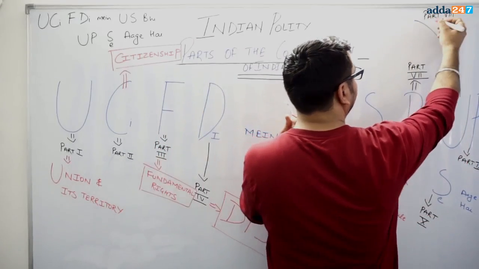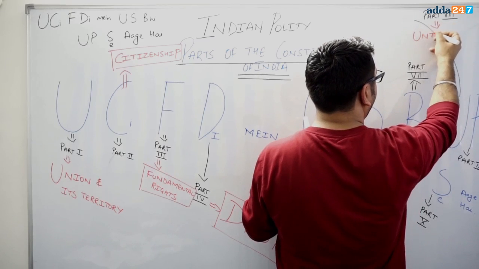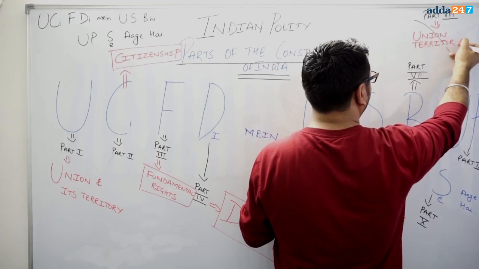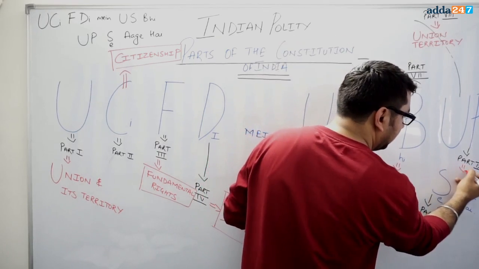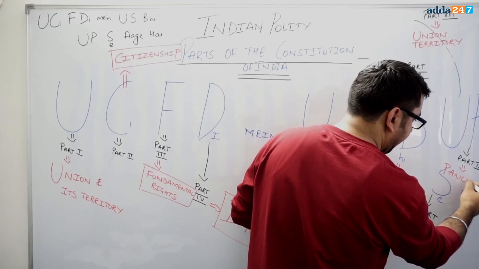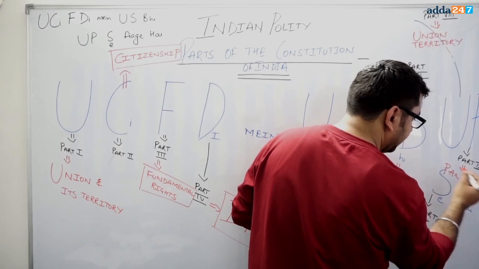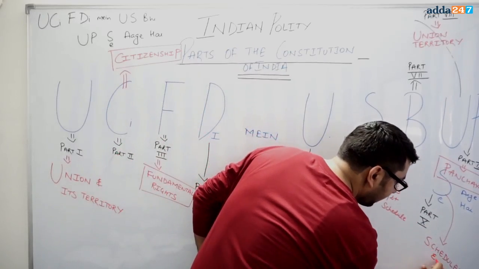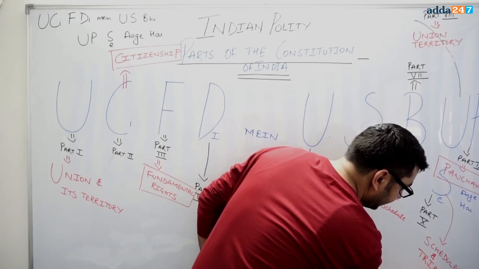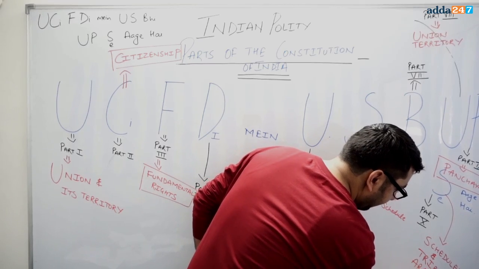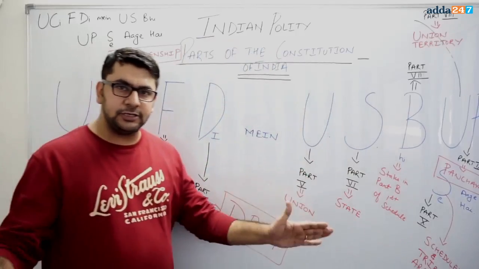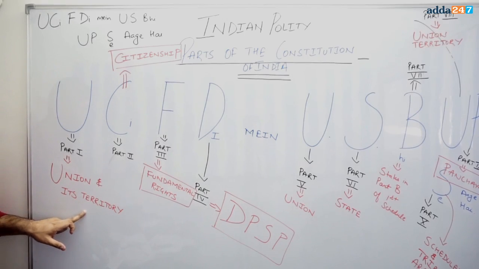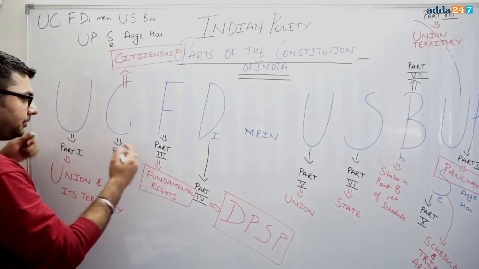U stands for union territory. P stands for panchayats. S stands for scheduled and tribal areas. So the first 10 parts of the Indian Constitution are: Part 1, Union and its territory; Part 2, citizenship;